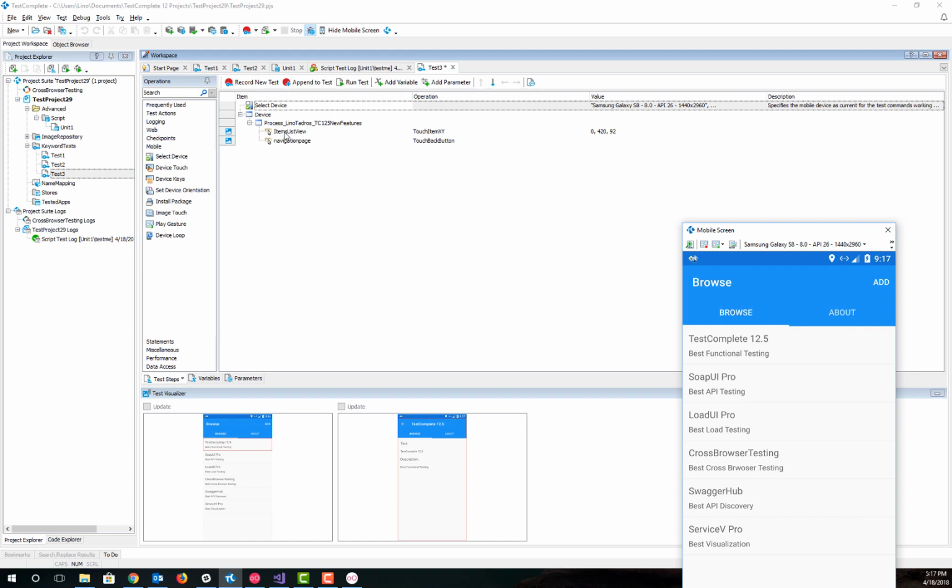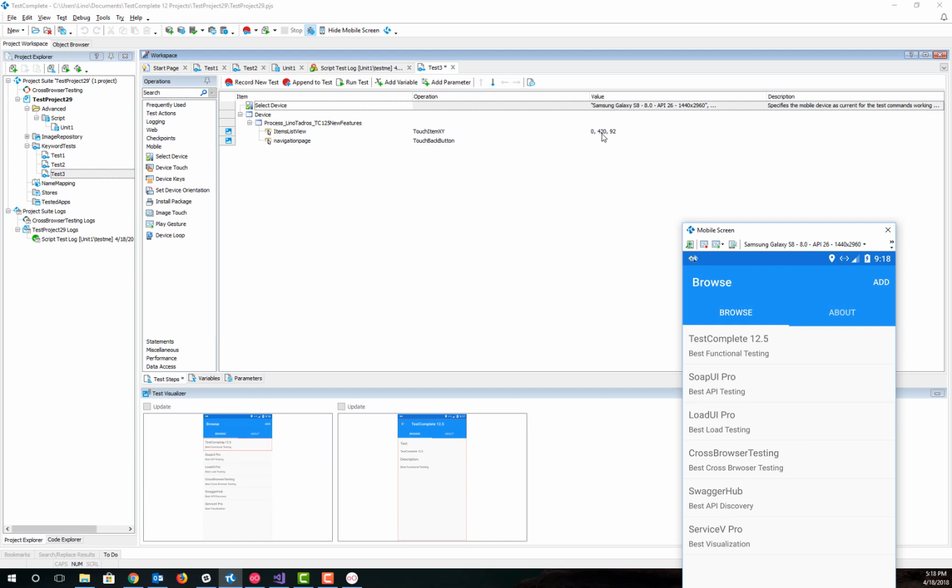then it found an items list view right there. Alrighty, and notice it actually did a touch on the screen. It did a touch item on X and Y coordinates. Don't let this 420 and 92 bother you very much. A lot of people get scared that this has to do with the screen resolution. In reality, it's the first 0 that we care about. The first 0 is the touch item index itself. We have 6 items in here going from 0 to 5, and it's clicking on the first item,